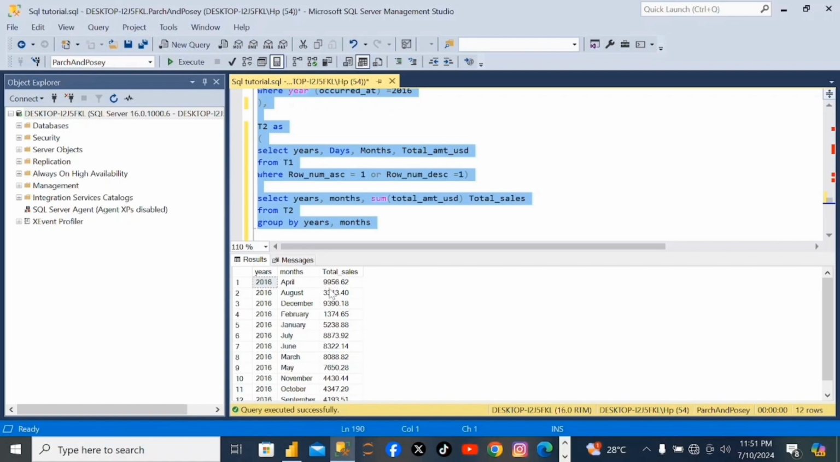They made a total sales of 9,956,000. That is in the month of April. The total sum for the first day and the last day is equal to 9,956. We also see that in the year 2016, the month of August, the total sales for the first day and the last day was 30,313. So we have gotten what we wanted. So now let's get to